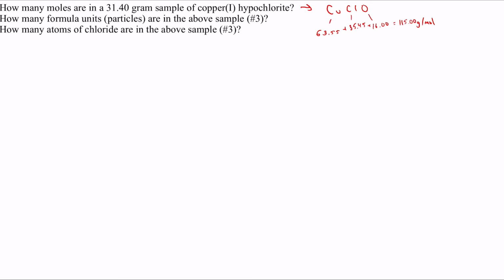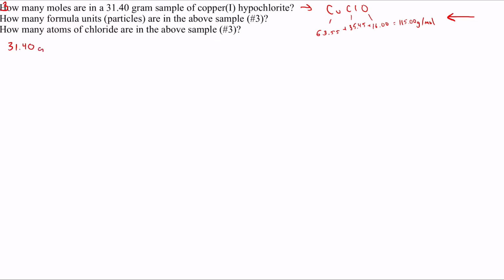Okay, so this is practice test 2, problems 3, 4, and 5. I already figured out the molecular mass over here just to make the problem go a little quicker, so let's jump right into it. The first one, number 3, says: how many moles are in a 31.40 gram sample of copper 1 hypochlorite? So the first thing that you want to do here is write down the given, so it's